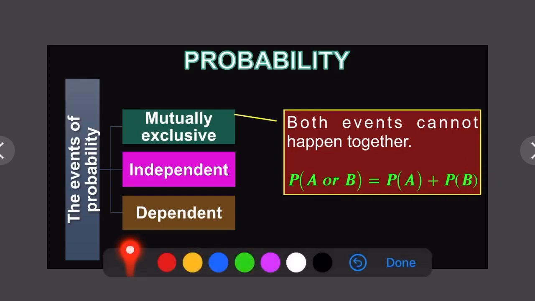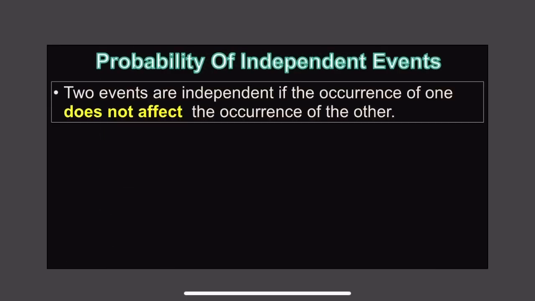In today's lesson, we will be looking into dependent and independent events. What are independent events? Two events are said to be independent if the occurrence of one does not affect the occurrence of the other. That means the occurrence of one event does not affect the likelihood that the other event will occur. For example,